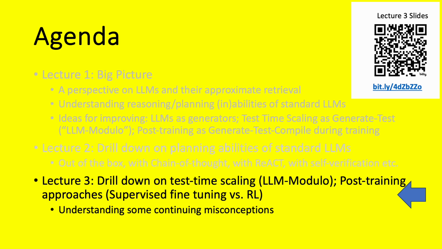In lecture 1 we got the big picture. In lecture 2, I wound up doing not just the standard LLMs and their limitations, but also part of LLM Modulo, which can be thought of as a test-time scaling technique. In lecture 3 we start from there, and then talk about post-training, especially the trajectory-based post-training that has become popular, probably with O1, though we have no idea what O1 does, and we do know what DeepSeek R1 does. I'll talk about that and some interesting issues, since this stuff is really at the edge right now, happening as we speak.